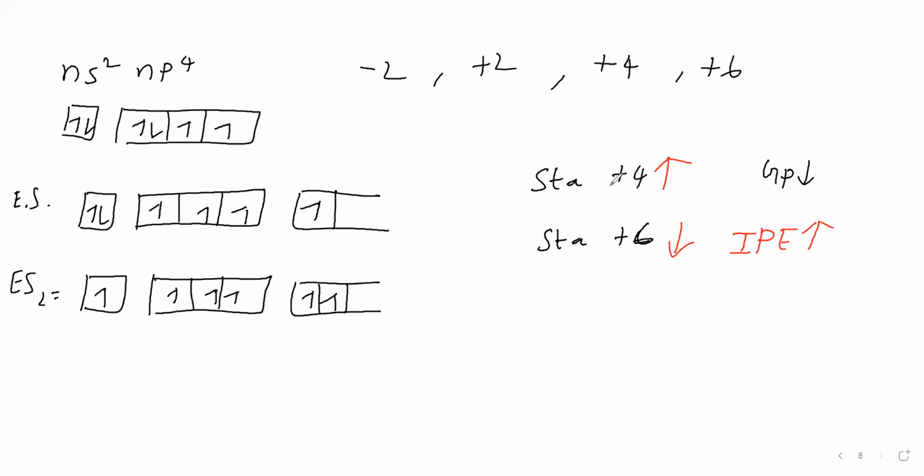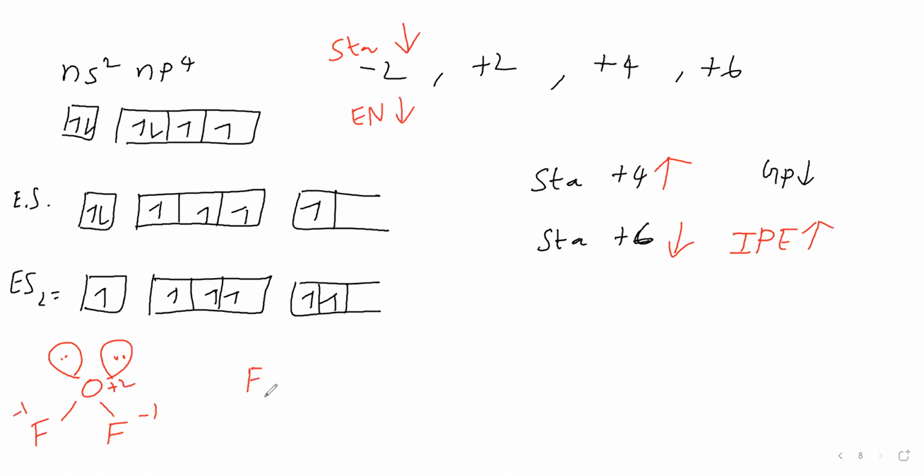Then, what about -2 stability? -2 stability decreases down the group because electronegativity decreases down the group. Next we will see covalency. Covalency means how many bonds it will make. First we will take oxygen. If you take OF2, oxygen makes 2 bonds. In this OF2, fluorine has high electronegativity, so fluorine shows -1 and oxygen shows +2.